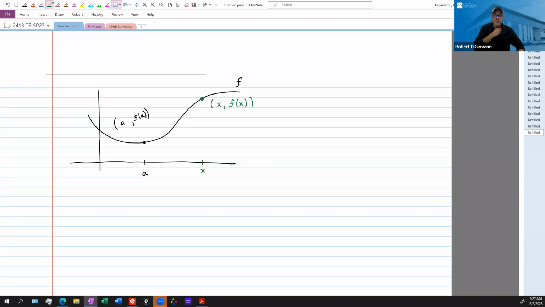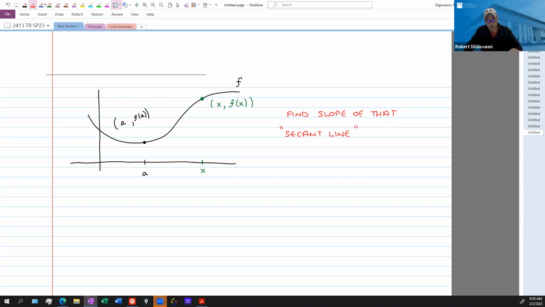Now, my question to you is, for us to find the slope of that secant line. Again, we call it a secant line because it is the line that connects 2 points on a graph. If the graph wasn't there, then I wouldn't be talking about a secant line. But the fact that those 2 points live on a curve, I call it a